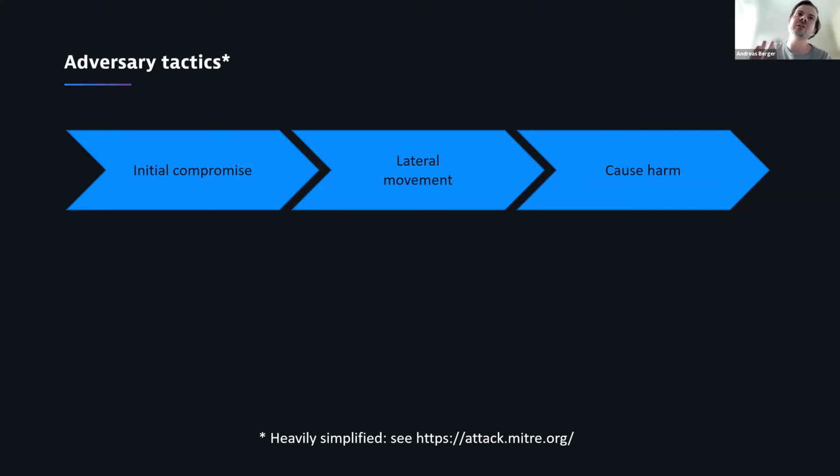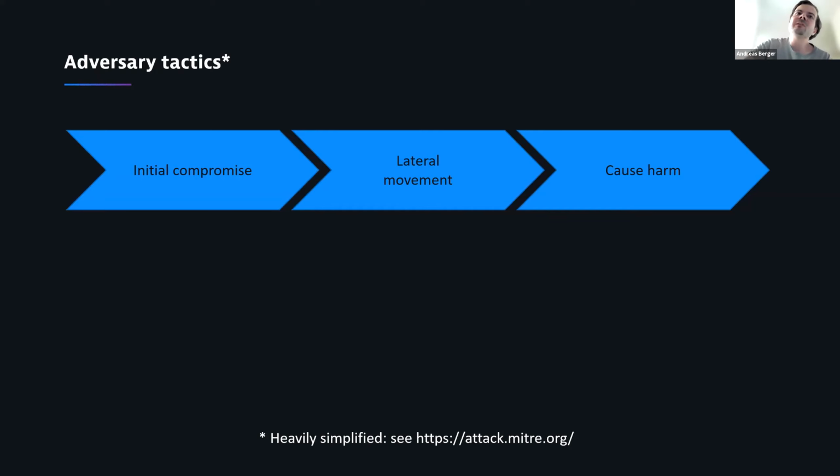So on the top level, you could say what happens first is initial compromise. So in case of Tesla, the initial compromise was they opened up the interface that was published on the internet, and then initial compromise had happened. So the bug there was it was a configuration mistake.